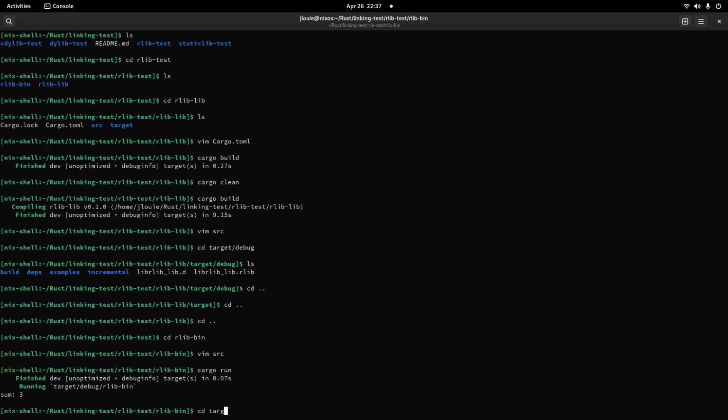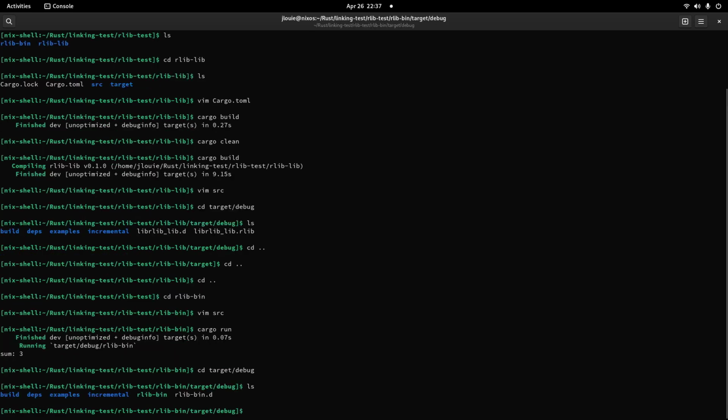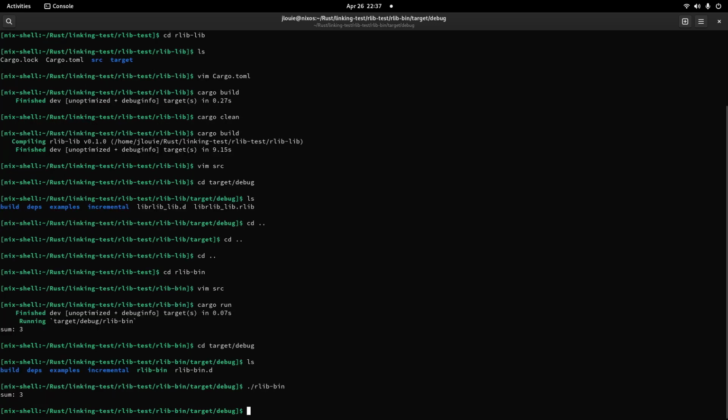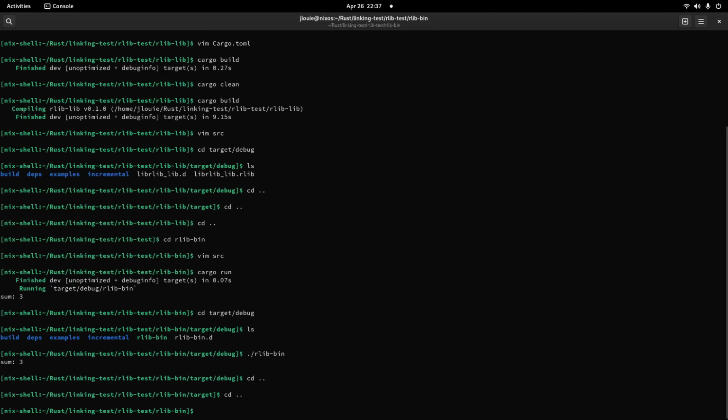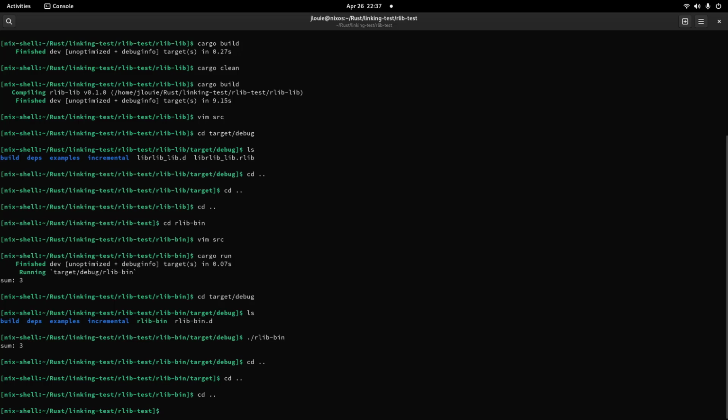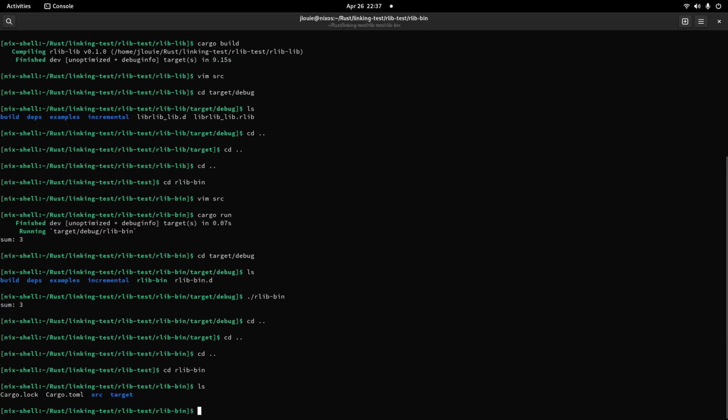We can look at the target/debug folder here, and we'll see that rlib bin here is our binary, right? Now if I decide to, say, change this to a different form, actually, hang on. One thing I want to show off is